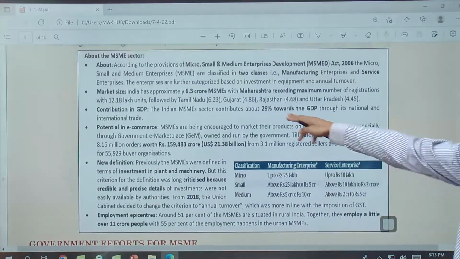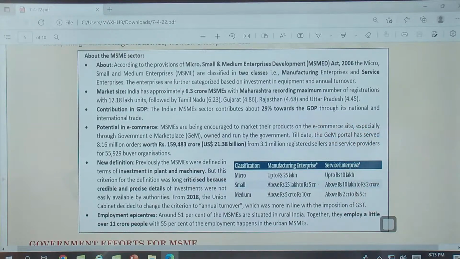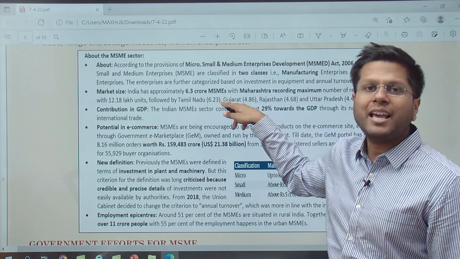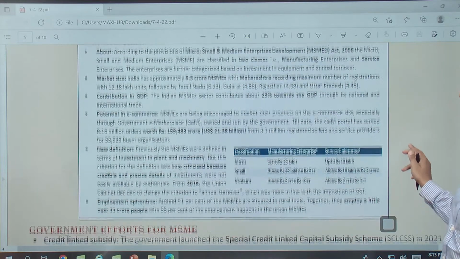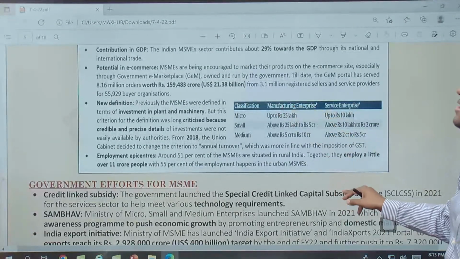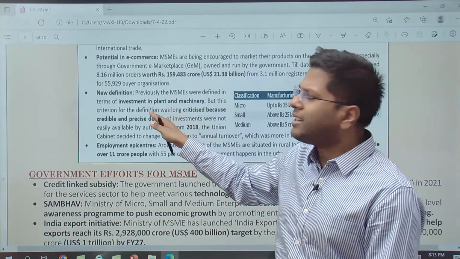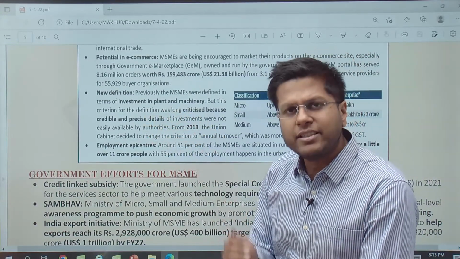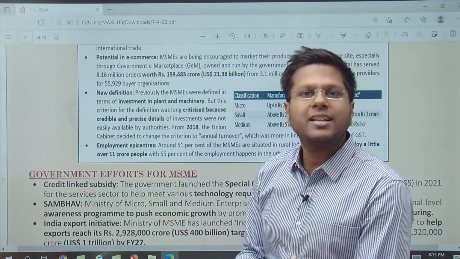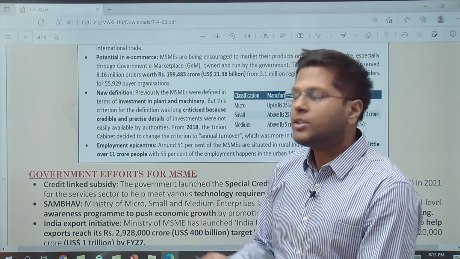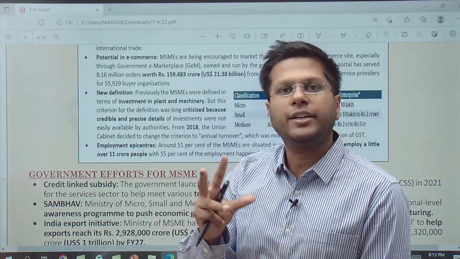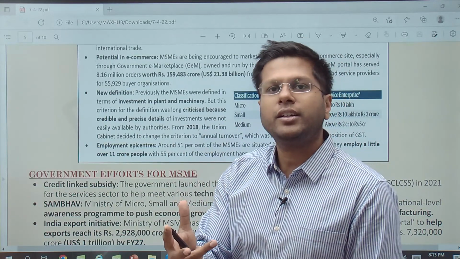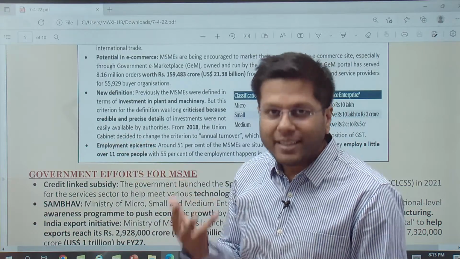See, the contribution in GDP, 30% of GDP. Market sizes 6 crore plus MSMEs, 10, 11 crore of persons in the country. Right? The definition has changed because in the previous definition, we didn't understand what the investment level was in the service sector and manufacturing sector. There was less clarity on how much investment was there. So right now, the parameters are based on revenue generation, the turnover, right? Because that is the turnover through which the companies also declare their taxes.